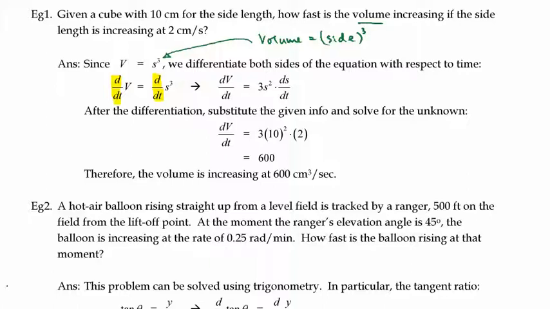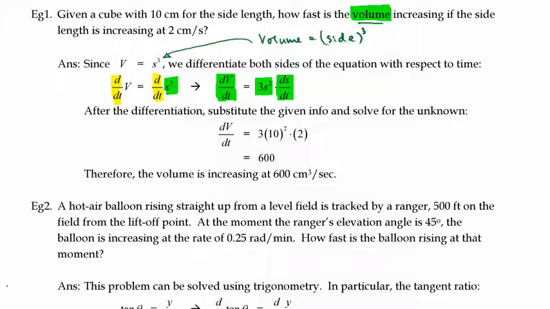we will then end up with dV/dt on one side, and on the right hand side, as you differentiate x cubed, using the power rule, we will end up with 3x squared. But since we are differentiating this variable with respect to time, we need the chain rule to finish it up. So once we have dV/dt equals 3x squared dx/dt, we can then figure out